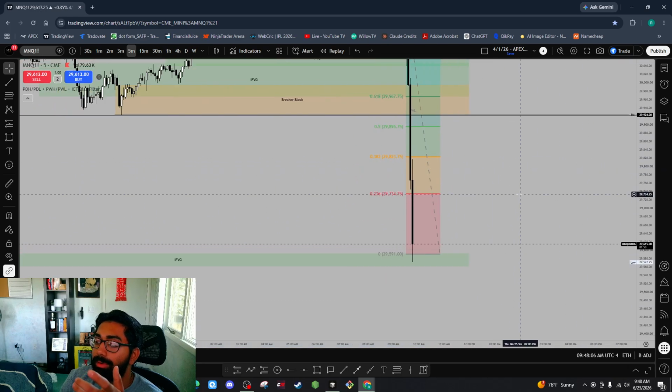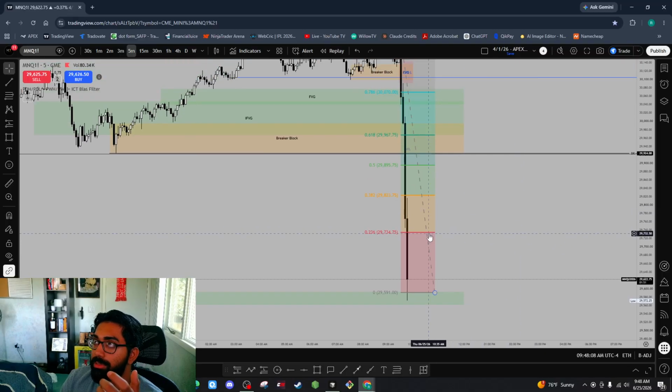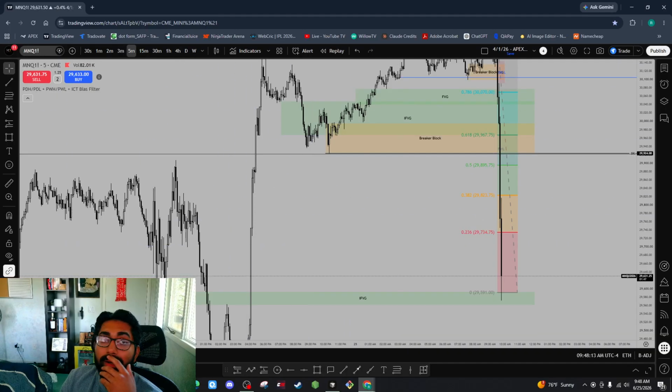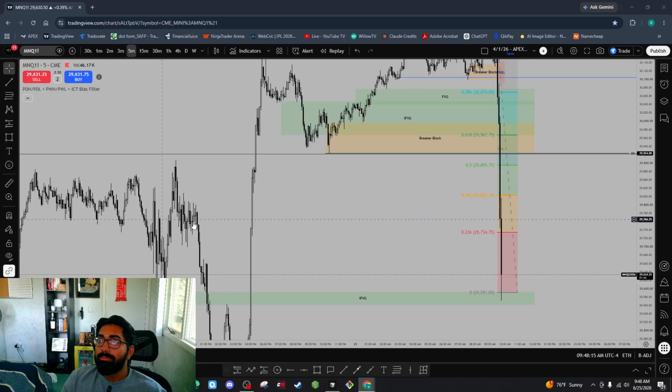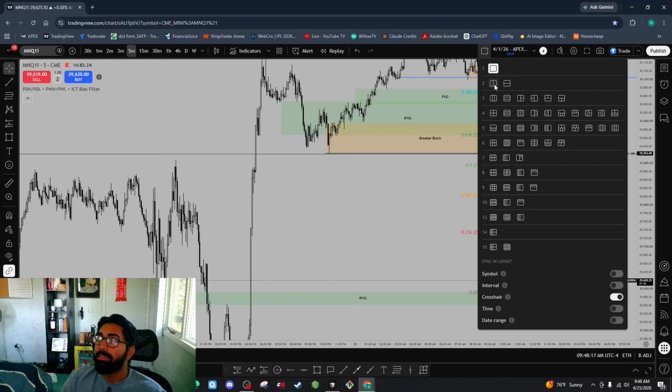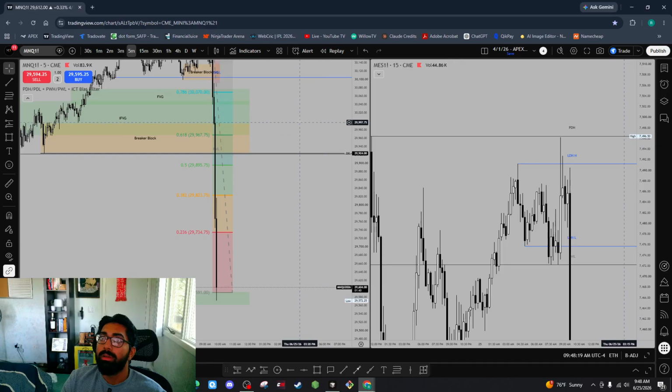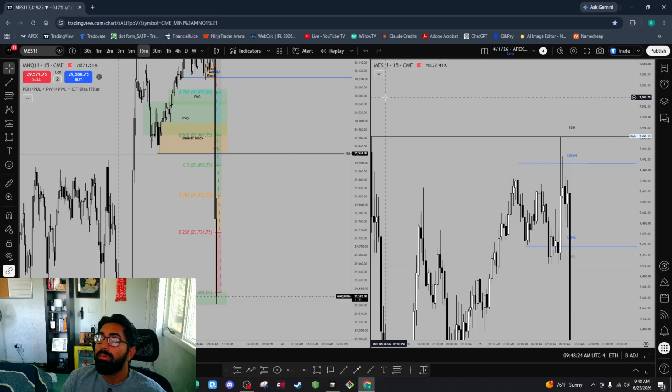I mean, we're very clearly bearish. I mean, we're looking for shorts. So until we pull back into that area, I'm going to keep it at this. Now's a good time to just quickly compare it to ES before I pause and resume in a minute. Let's pull up the 15-minute for both.